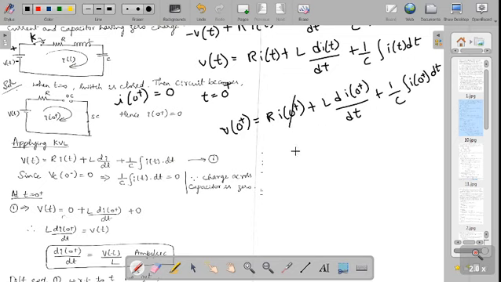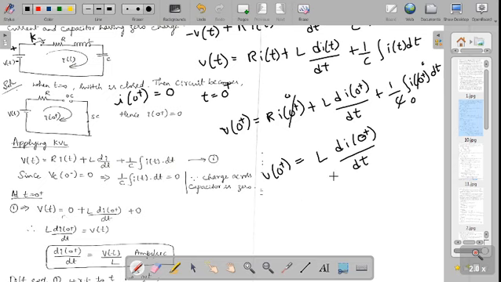And they are given that the charge across the capacitor is 0. So the charge in this capacitor is 0, so this is 0 and this is also 0. So V of 0 plus equals, this 0 into R will be 0, so L into di of 0 plus divided by dt. Again, 1 by C into the integration of 0 will give you 0, since the capacitor charge is 0.